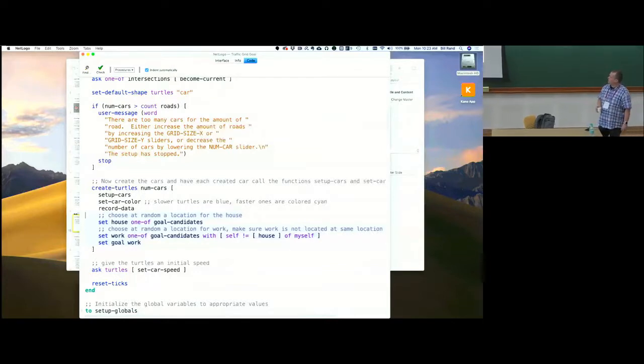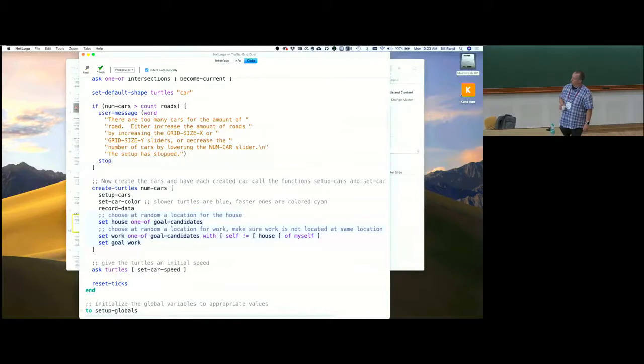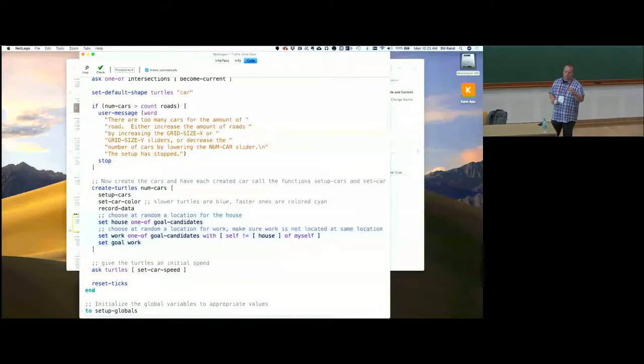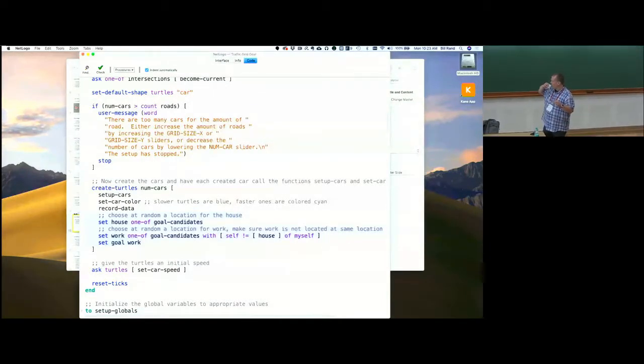No, so they don't try different ones. They just choose one. The candidates are already specified, right? So if you look above,